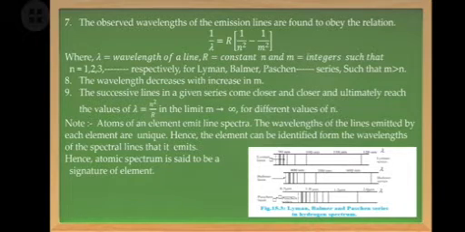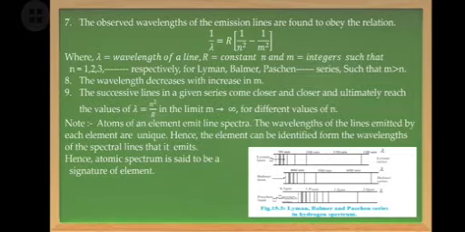Also, it is important that m is greater than n. That means m is a higher energy level than n. The wavelength decreases with an increase in m. As we move away from the nucleus, the wavelength decreases, and hence the wavelength decreases as the value of m increases. The successive lines in a given series come closer and closer to